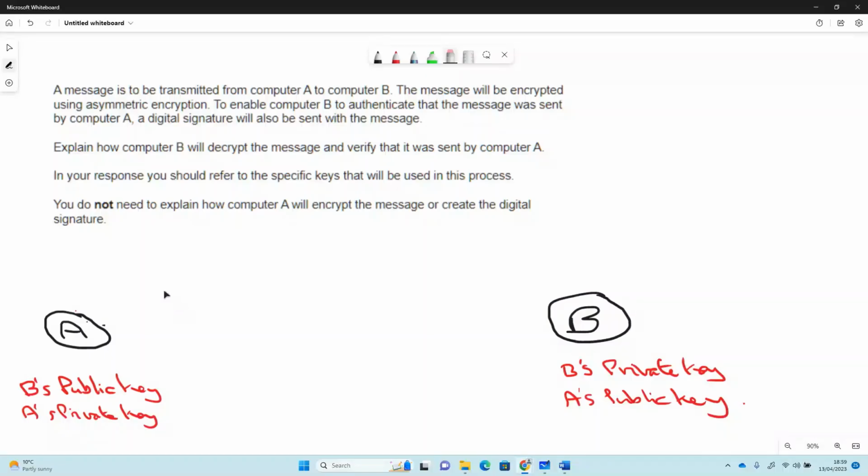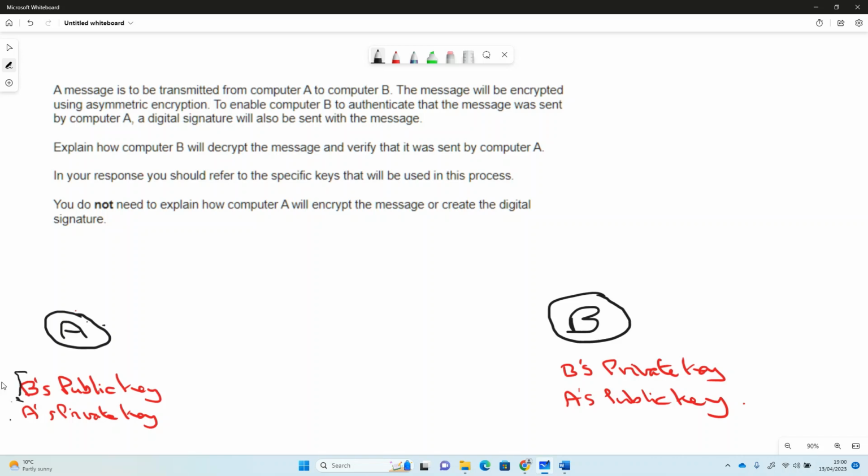Now this is an A-level question about asymmetric encryption, but we'll just add a bit to it about the general idea of encryption, asymmetric encryption. So we've got two people. We've got computer A and computer B. Now you sometimes hear this described as Alice and Bob because they often use the names Alice and Bob to talk about encryption. So computer A, or Alice, has got B's public key